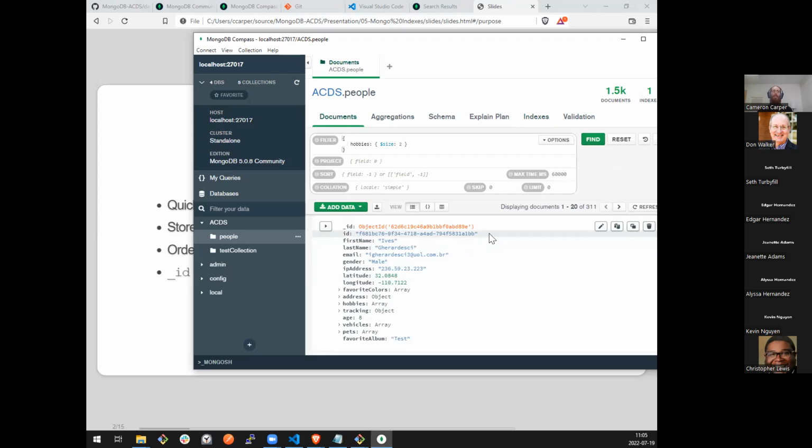You can see in the sample data here that I have a field named ID that has a UUID if you're from more of the open source world, or you might potentially call it a GUID if you're from the Microsoft side of things. Same idea, a globally unique identifier or a universally unique identifier.